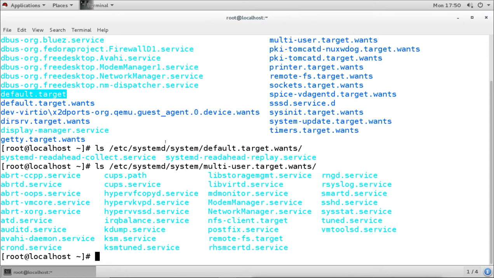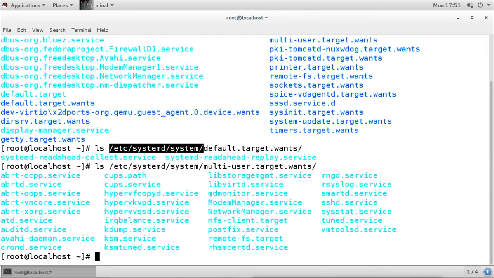All the unit files, which are .targets, .services and others, will be located in a different directory. But systemd will check only this directory, because in this directory we have all the units which are going to run when our system is booting, but the actual location is in a different directory.